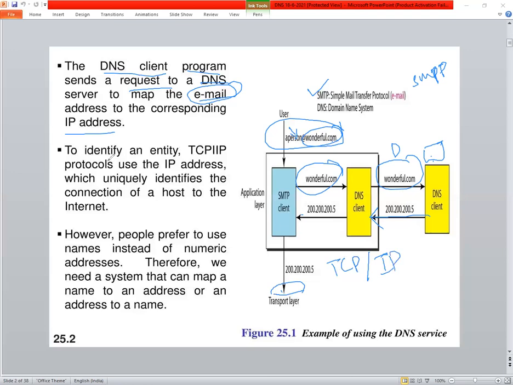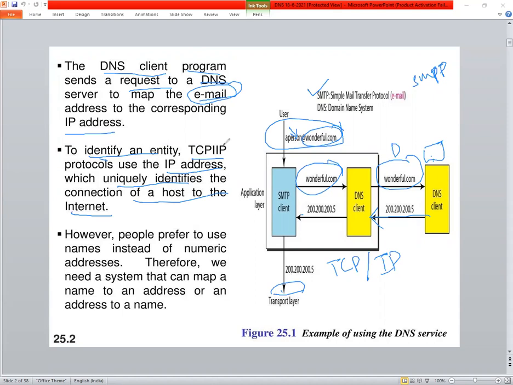So to identify an entity, the TCP/IP protocol uses an IP address which uniquely identifies the connection of the host to the internet.